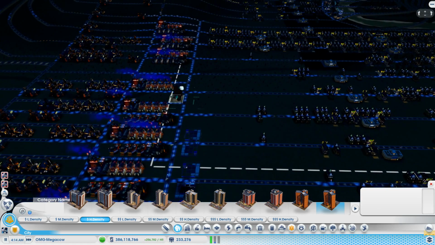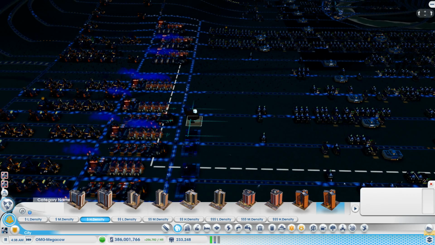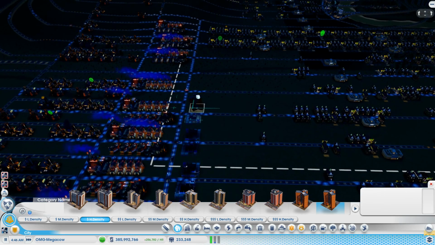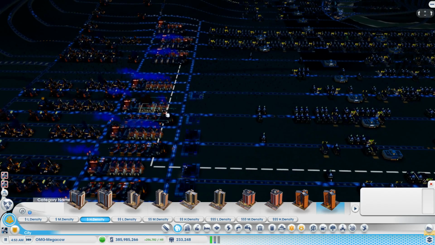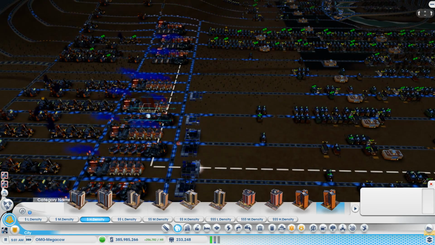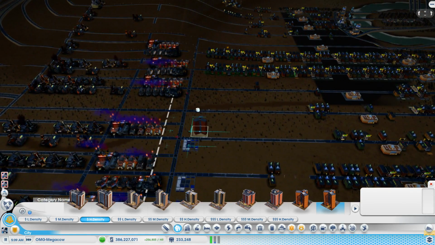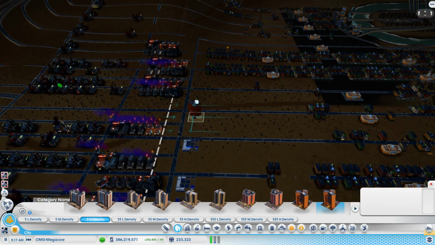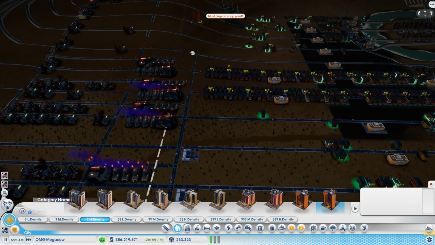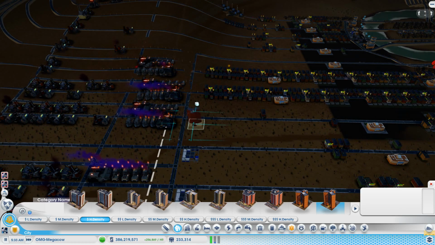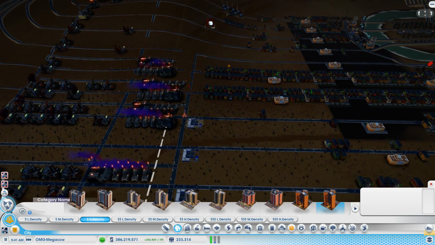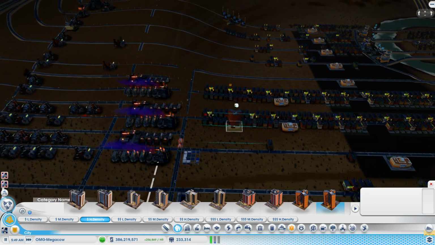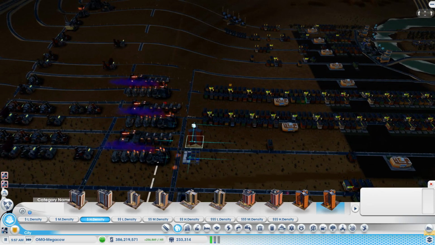I'm going to trim this back, I think. I'm going to leave a gap in here just to distance the residential from the factories. Although, to be honest, I don't think pollution seems to be having any impact outside the city borders, which is kind of nice.